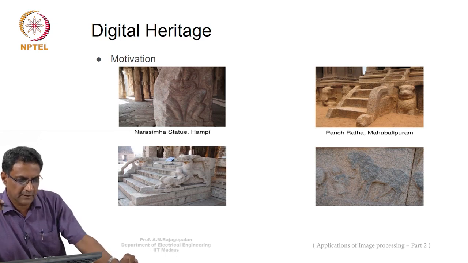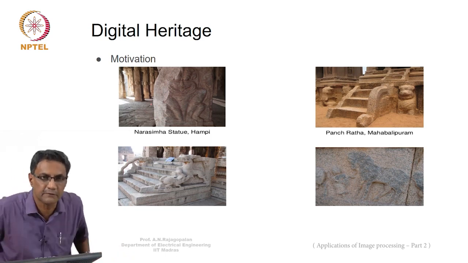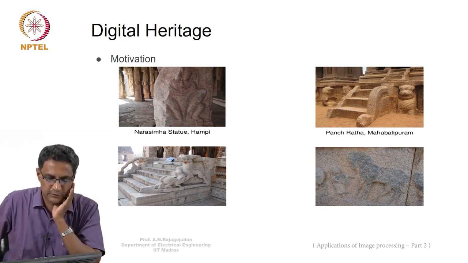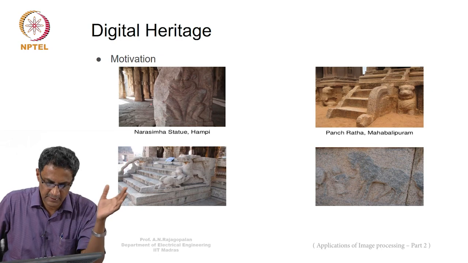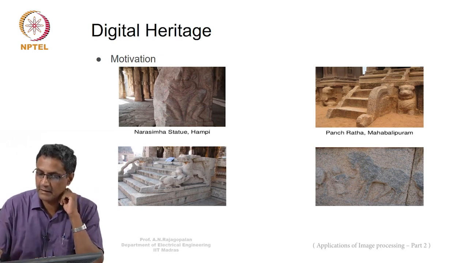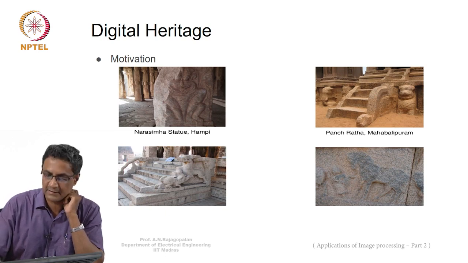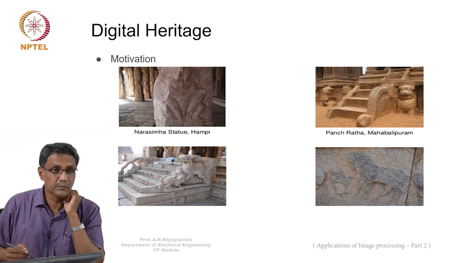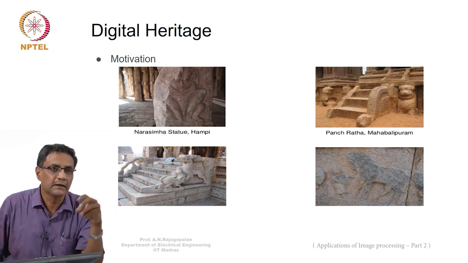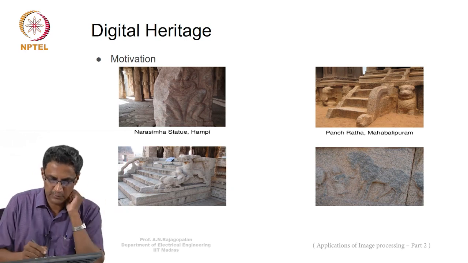But unfortunately, due to some act of vandalism, people have actually broken them. So for example, here the whole shoulder is broken, and here this entire structure, which is like a banister, is broken. Similarly, something is broken here. So the idea is, can you do something to be able to fill these regions?